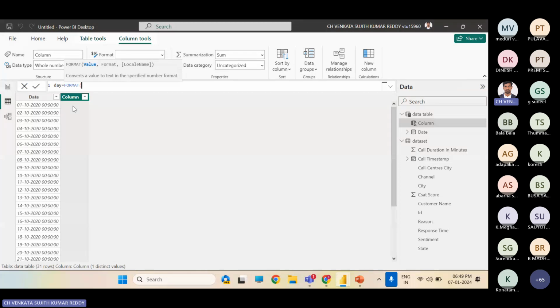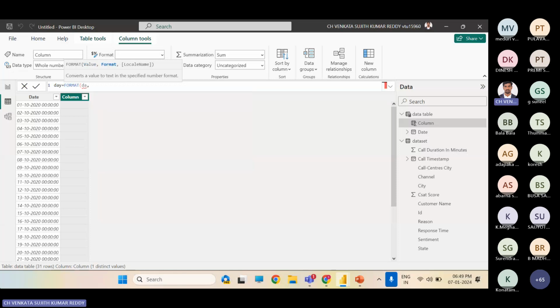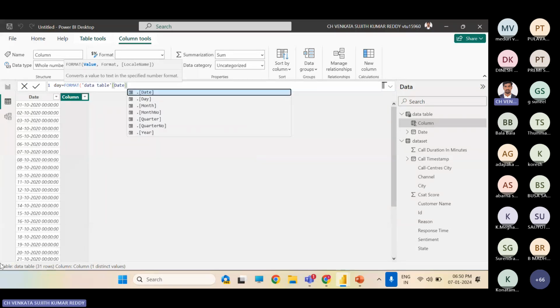From the data table, in this date column, I need to get that. Also, if you type something and select what you want, and press enter, it will show an error.